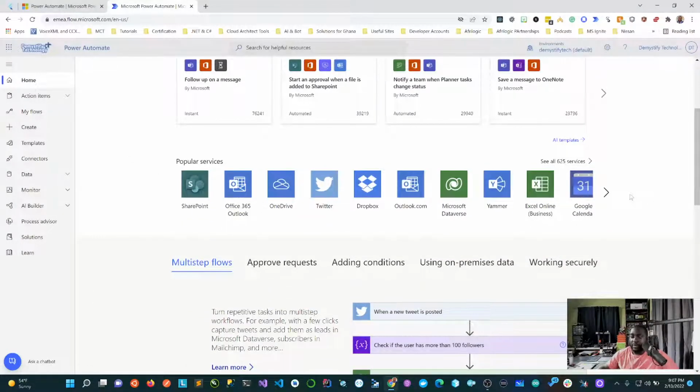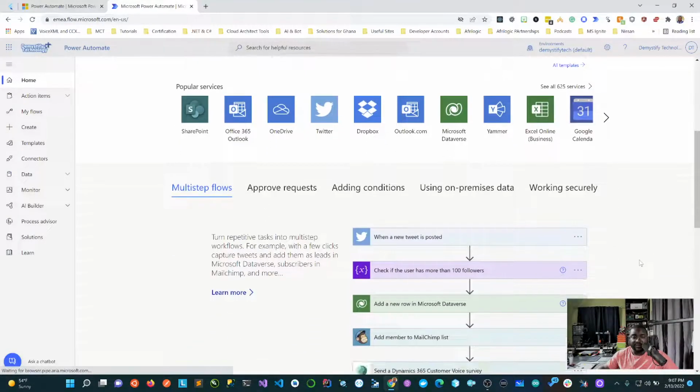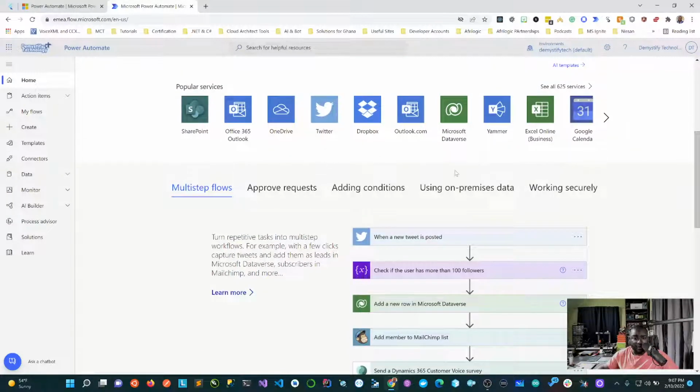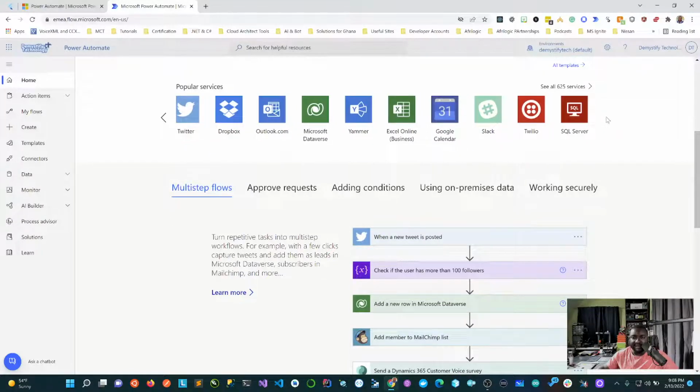Now, what makes Microsoft Power Automate very powerful and strong is the fact that there are hundreds of connectors, over 200 plus connectors that allow you to integrate your process workflow into different parts. So you see Twitter, you see MailChimp, you see Dropbox, you see Google, you see Slack, there's Twilio, there's SQL Server. See, over 625 services, and counting, and more are adding up.